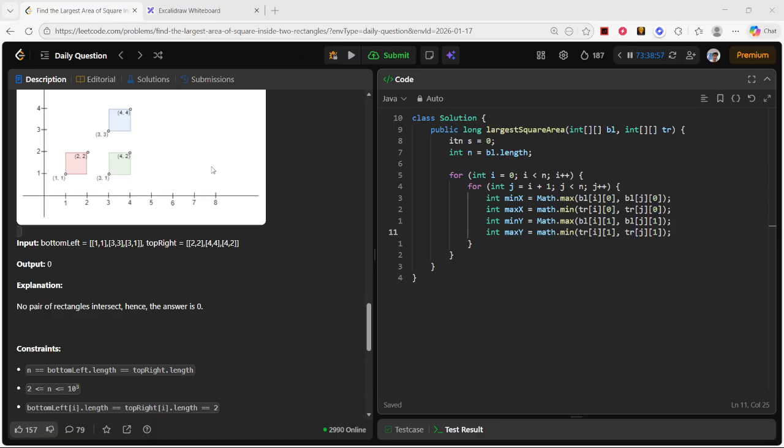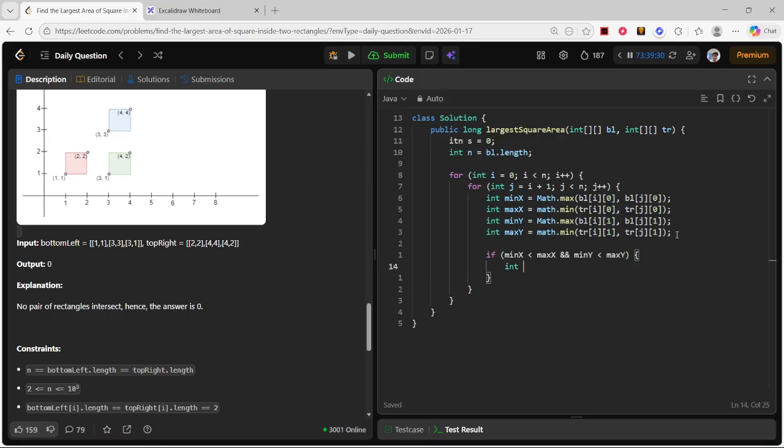Right, and then after that, if min x is less than max x and min y is less than max y,